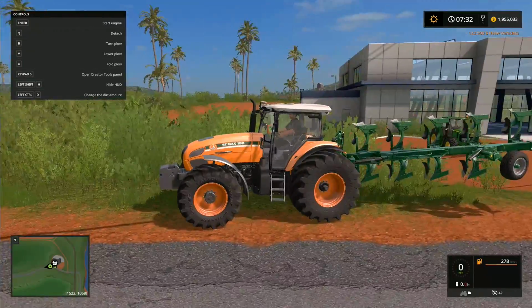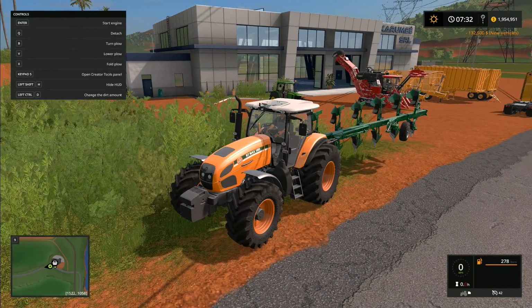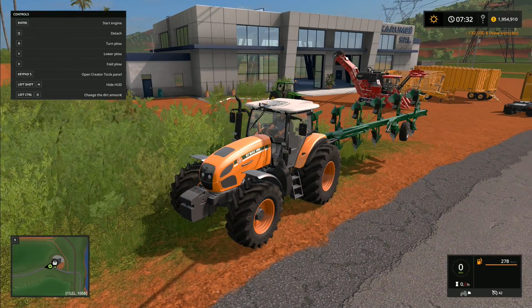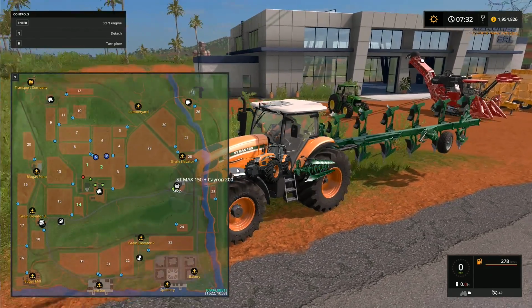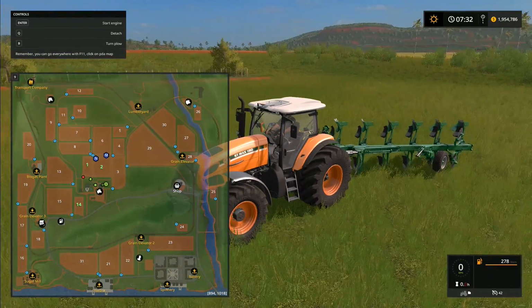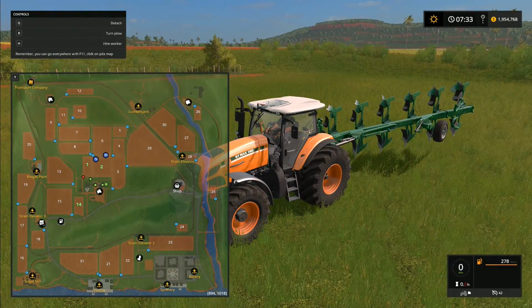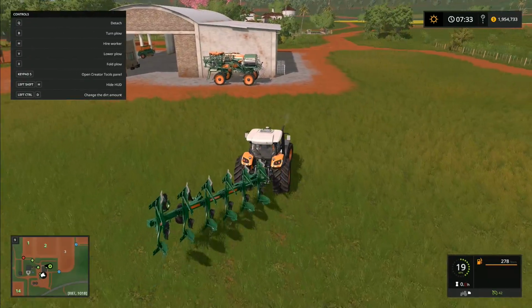But yeah, I'm thinking that this tractor here will be the one that we use for ploughing, the 180, because the other one that we've got is a 150. So let me make the map bigger, and then we'll teleport this one up towards the farm a minute. There we go. Start that one up. And this one can go...